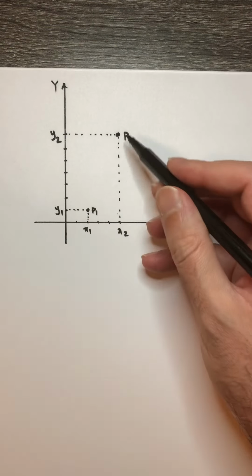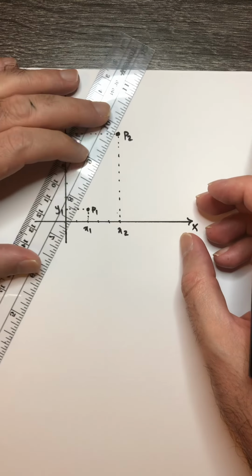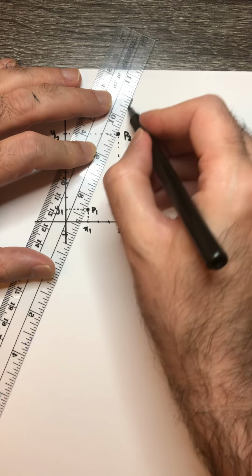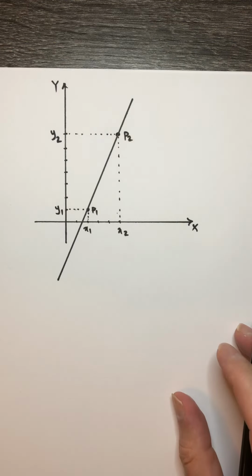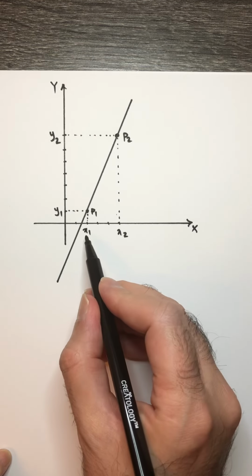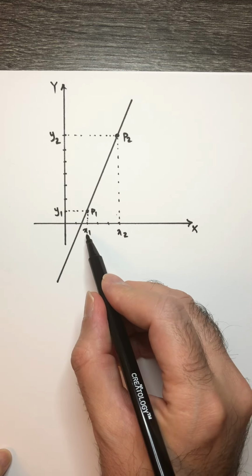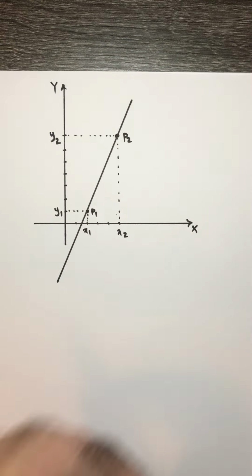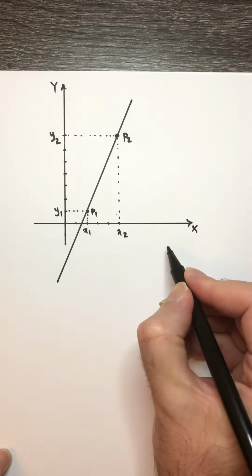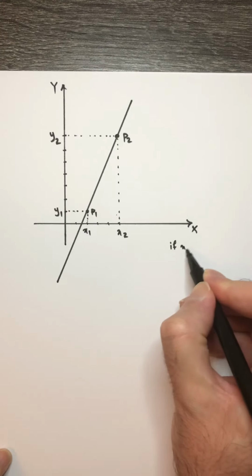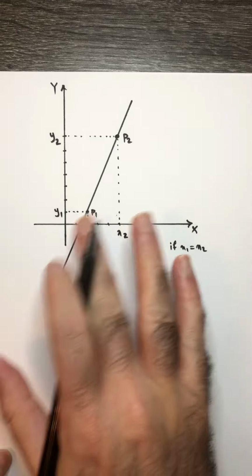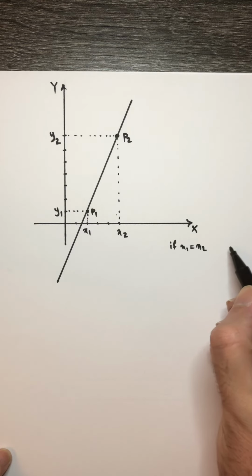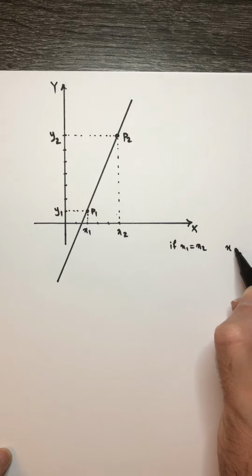Given 2 points P1 and P2, we want to find the equation for the line that passes through these 2 points. So first, we want to discuss a condition that x1 and x2 are equal. So if x1 equals x2, which means that this line is actually parallel to the y-axis, then the equation is simply x equals x1